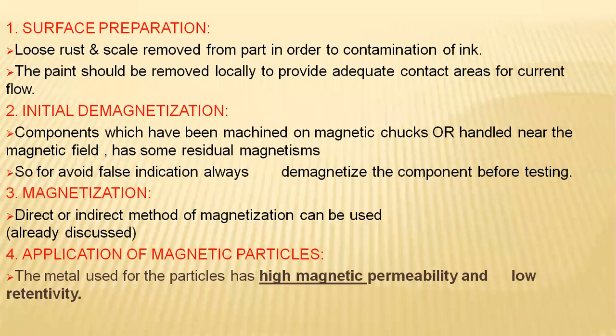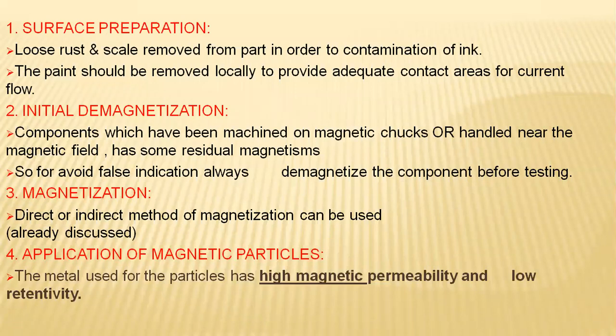So that is the initial surface preparation for testing, and then initial demagnetization. Demagnetization and magnetization. Magnetization means inducing magnetic properties, by either a direct or indirect source, for the passage of electrical current for conducting electricity. So why will we be applying this magnetic field? We need to examine the surface finish and the region underneath the surface.